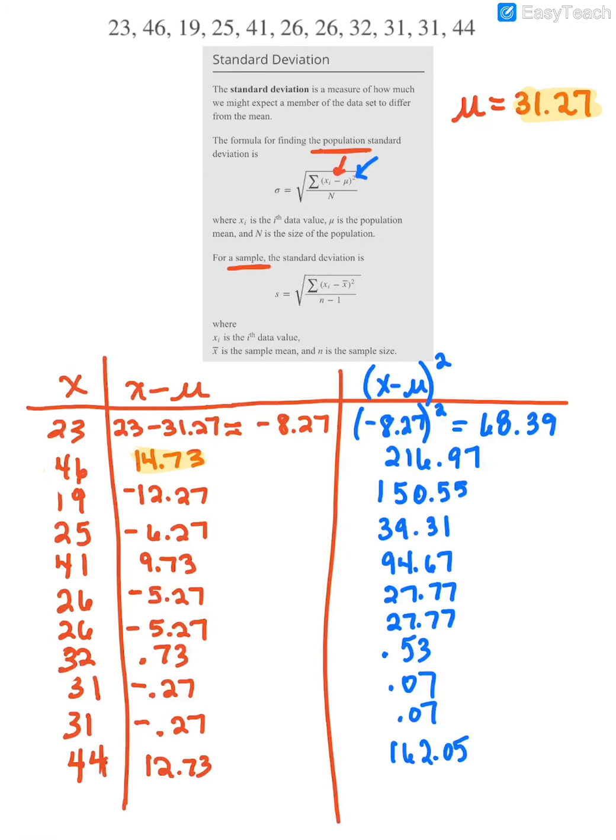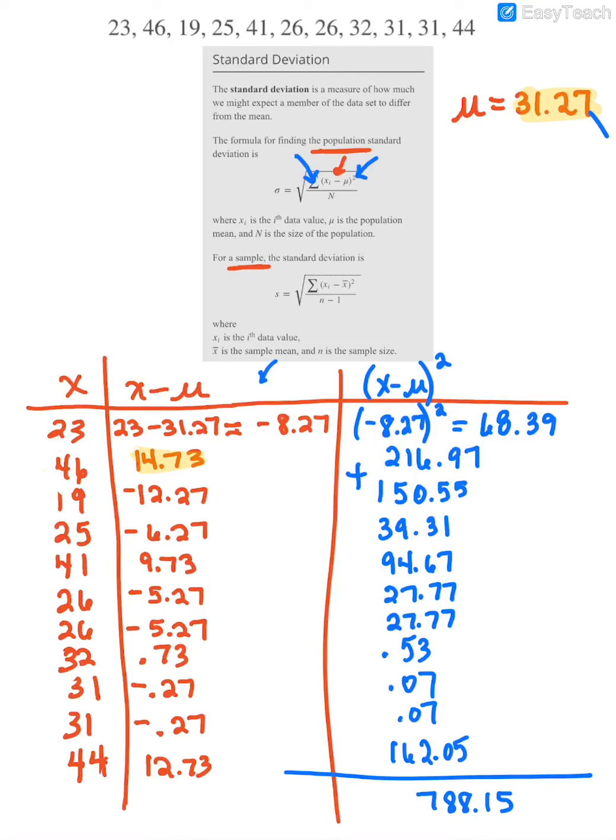Okay, so now I have taken all of the differences that were in this second column, and I have squared them. Notice when you square them, whether they're positive or negative, you get a positive number. And now this part of the formula, that's a symbol that says add them all up. So I'm going to get on my calculator and add all of those values up. All right, and so when I added them up, I came up with a total of